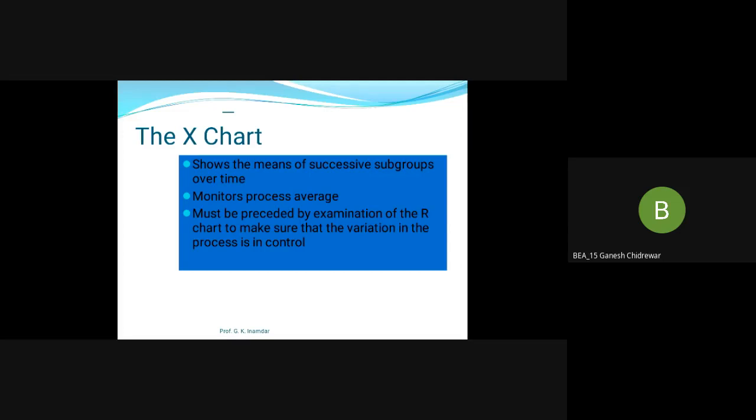But in the previous R chart, what was there? They concentrated on the subgroups, or some lots. But in the X chart, we monitor the process average. So they will try to maintain an average of that process. Okay, suppose